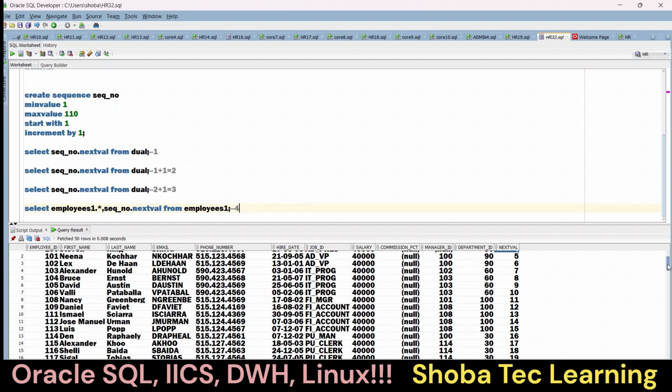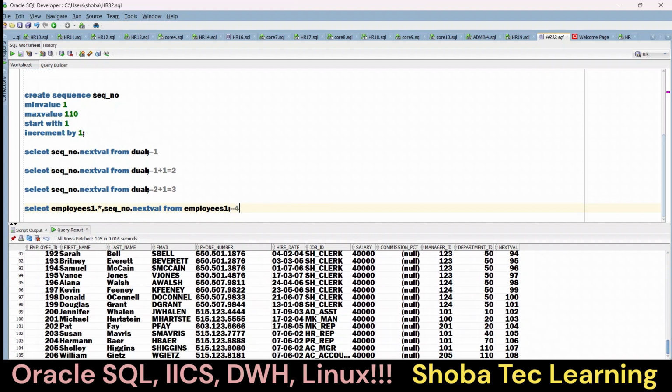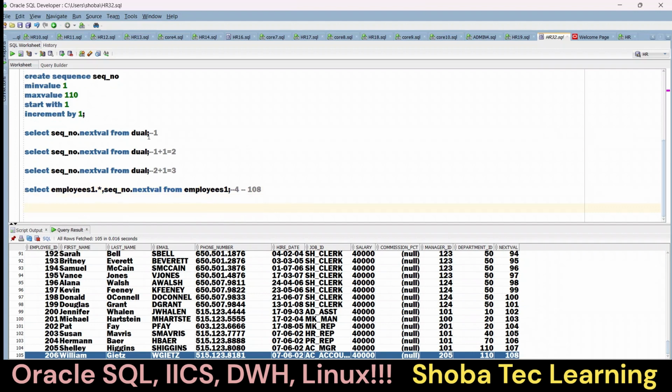Now when we see the count of the employees table, see here, the count of the employee table is 105. Now the total number of next values in this column is 108. Okay, we got the output starting from 4 for the sequence and ending with 108. Okay, now